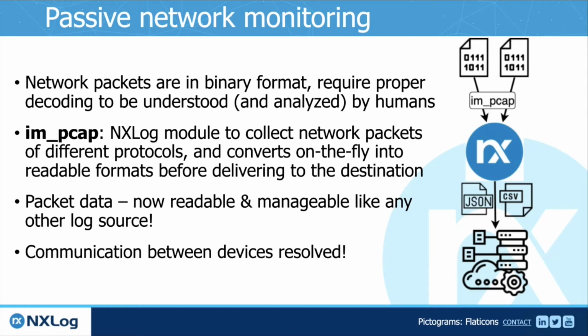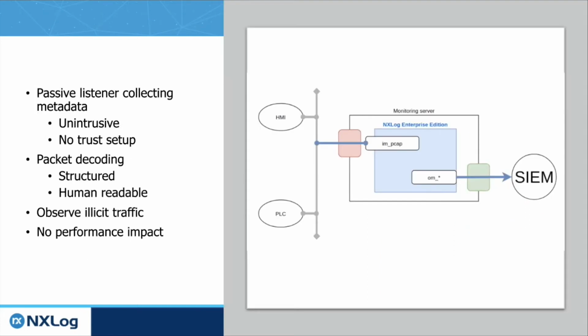This brings the possibility to build a unified security control workflow. What is really a nice feature of this passive network monitoring is that this module is, as we call it, passive. It is entirely passive. So it means that if we plug NXLog into the network, it will listen to the packets, analyze and do the operations that we expect without impacting the whole infrastructure, which is, of course, extremely important for control systems.